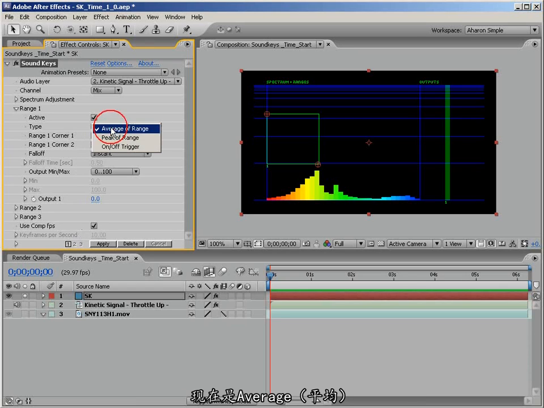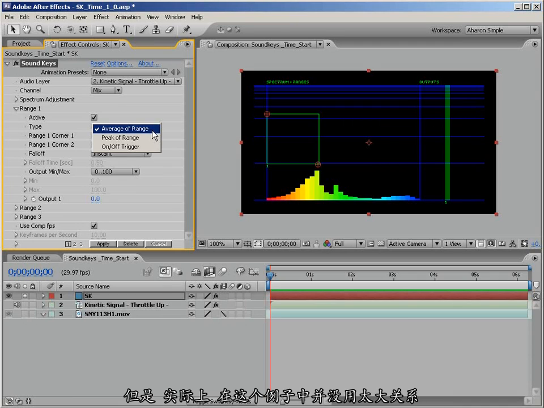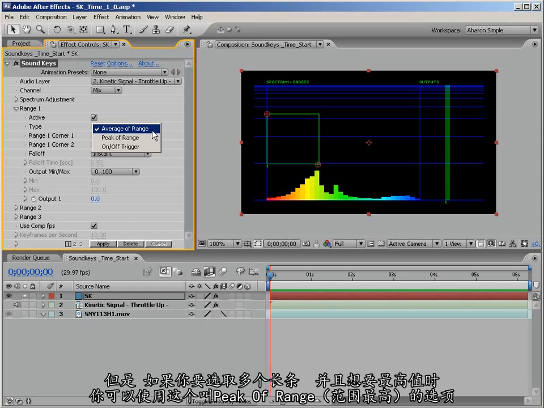Currently set to average. That means however many bands of audio that we select, SoundKeys will take an average of them to create its keyframes. But in truth, it doesn't really matter here. I'm only going to use one band of the audio. But if you were using many and you only wanted the highest value, you could use the option called peak